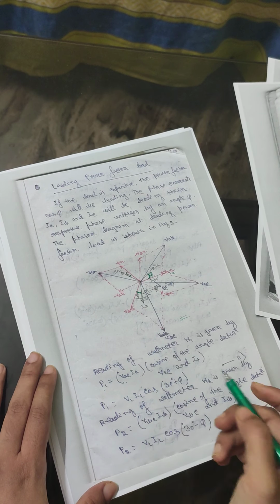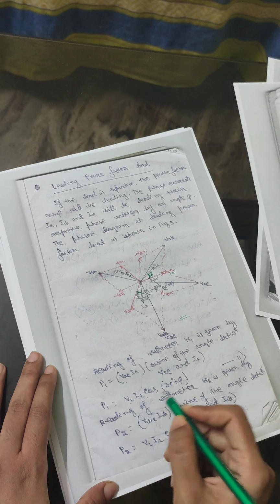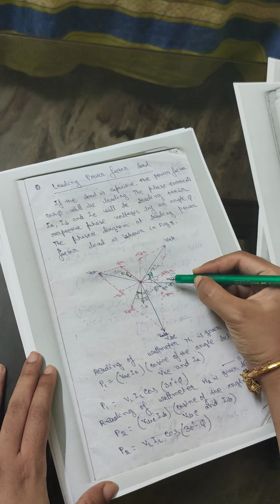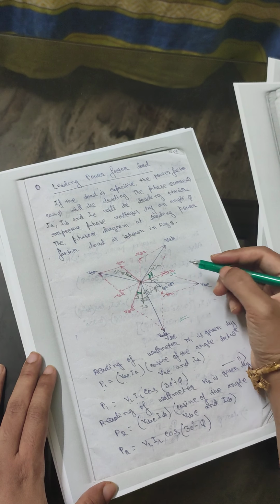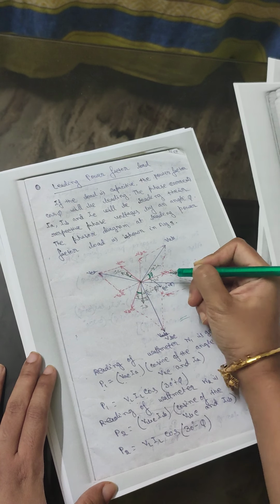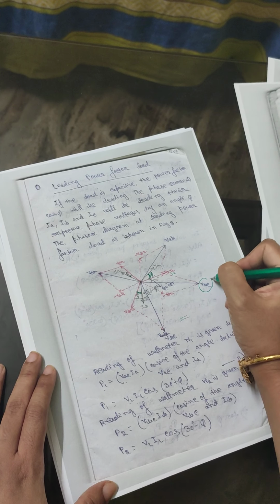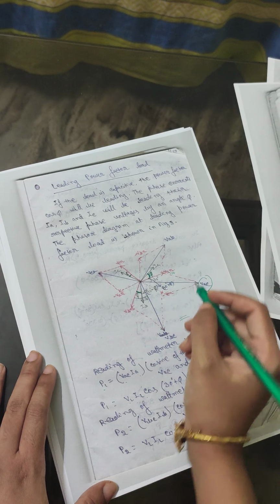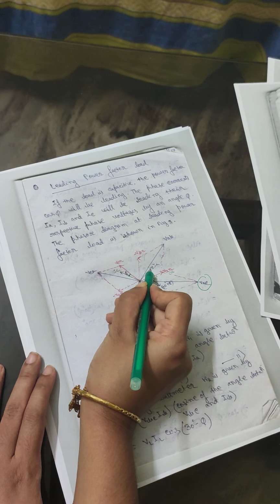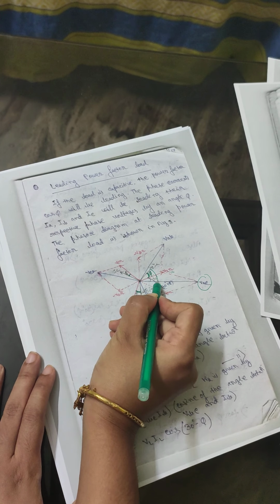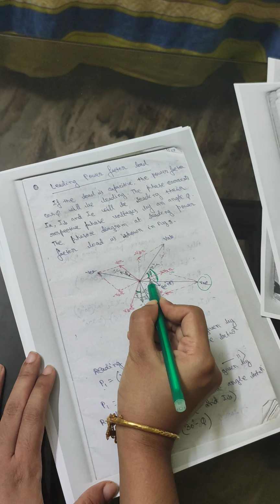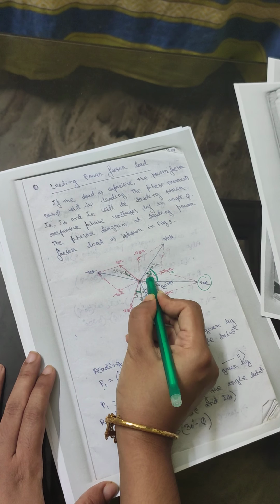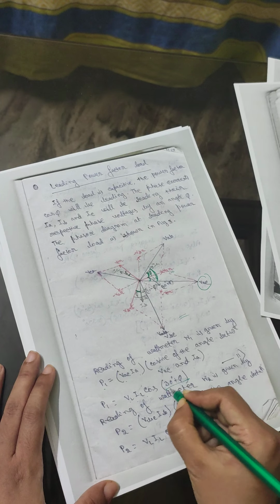Okay, same thing. P1 equals VAC IA, VL IL. See here, the angle between VAC and IA, that means VAC is this one and IA is that one. So the angle between VAC and IA, that angle we have to find out. Obviously we always know that this angle is 30 and that angle is phi, so the total angle is 30 plus phi.